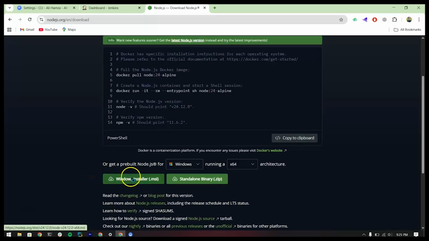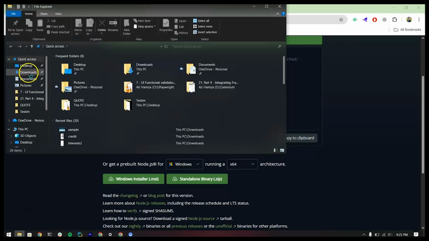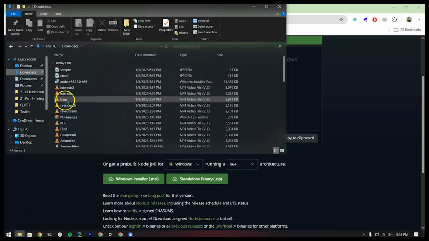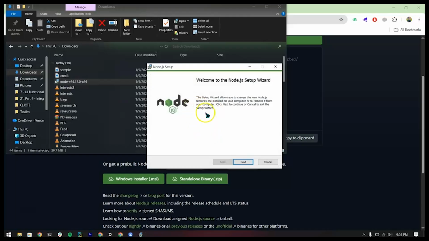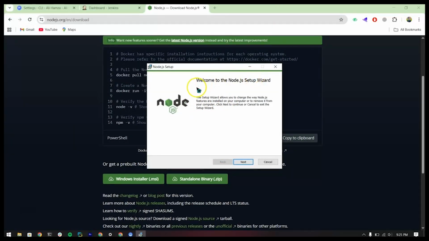After this, open the installer by going here. There you can see the Node installer, and you just click on next, and it will be installed. Right now I have already installed it, but you can easily install it by just clicking next and next. So I will cancel it, and we will go back to our